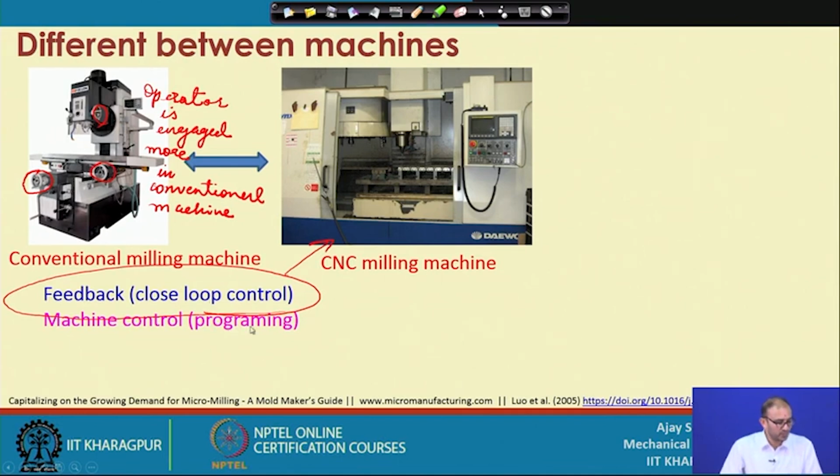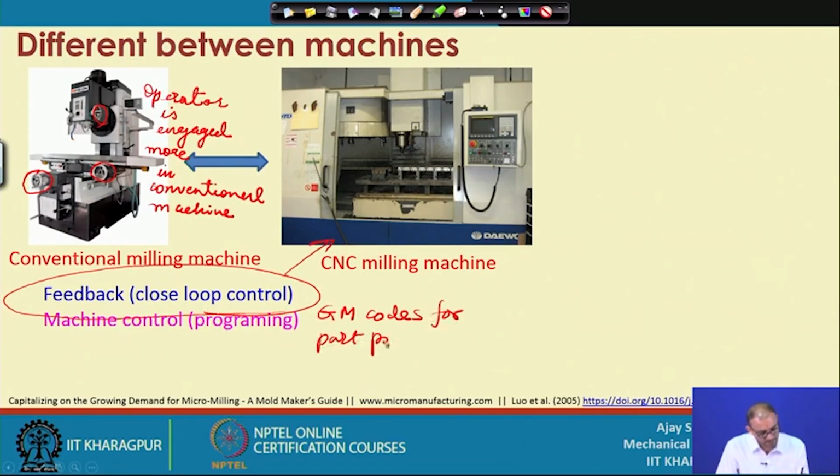And we do not use any program, because when you are operating a CNC milling machine, we go through the G and M code. So, mostly it is known as G and M code for part program, correct. So, that is one of the differences,